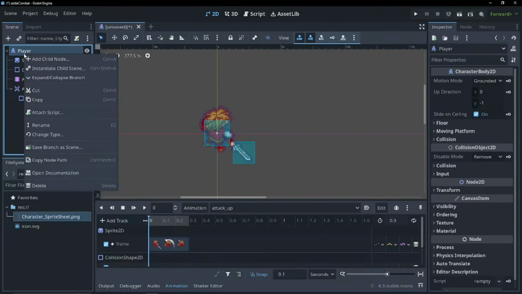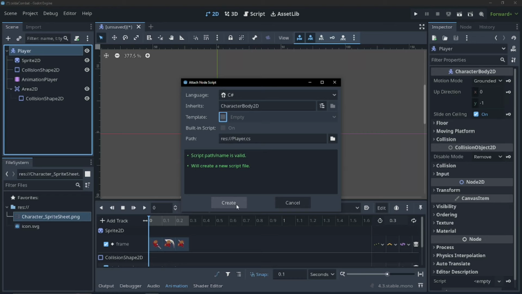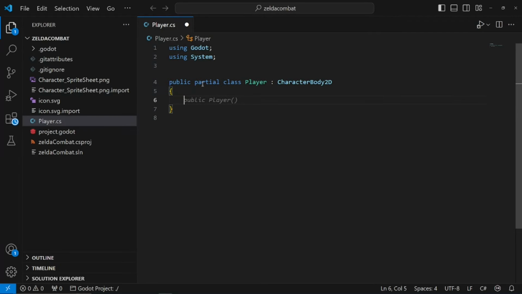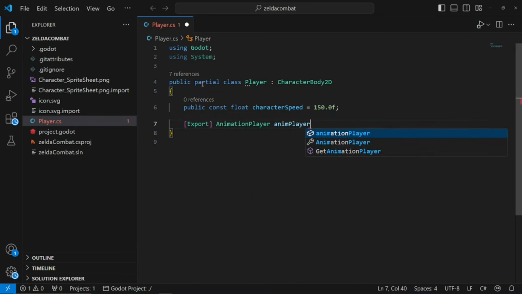Perfect. Now we can actually get into coding our combat and movement. So click on your player and attach a script. Make sure it's C#, and I'm not going to be using a template for this. Great. So we're going to need a couple of global variables before we start programming our logic. So public const float CharacterSpeed, and for now, I'll set this to about 150.0f. We're going to need to grab a reference to our animation player because we're going to need to trigger animations through scripts. So export AnimationPlayer animPlayer,